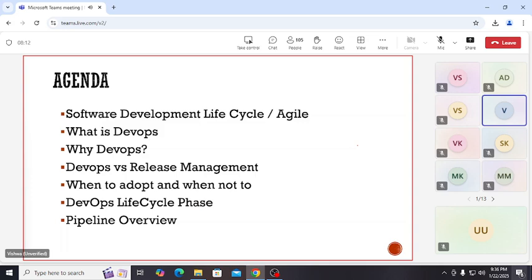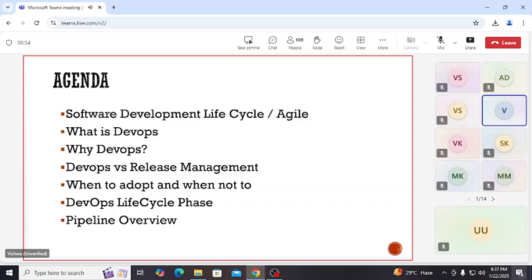So quickly today we'll try to understand the overall agenda, which I can see is to make sure you guys understand what is DevOps, right? And we'll go through an introduction to AWS DevOps. We'll try to understand the core components of AWS DevOps. Overall DevOps also we'll try to understand. And then we'll do a quick demo of how a CI/CD pipeline works and how you implement the AWS CI/CD pipeline.